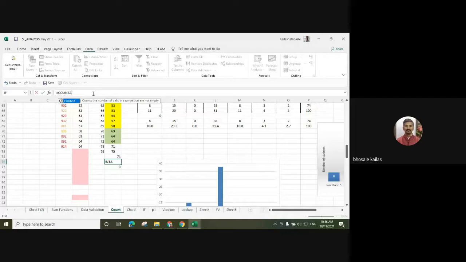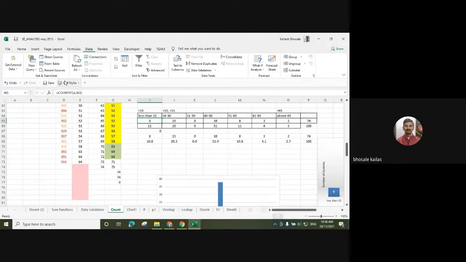Whether the cell is empty or not, for that purpose we can use the COUNTA function. Similarly, we can use COUNTBLANK. How many cells are blank? For that purpose, we can use the COUNTBLANK function.